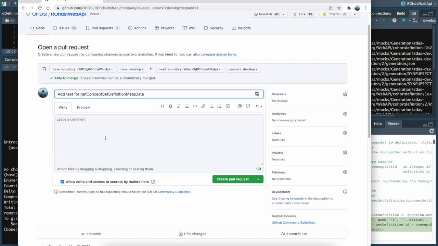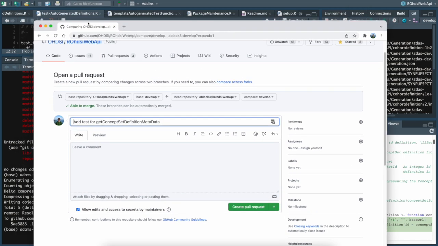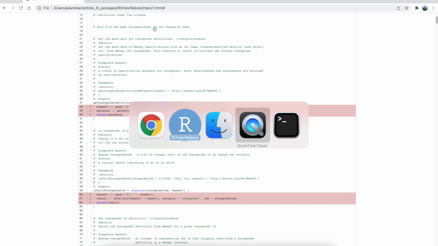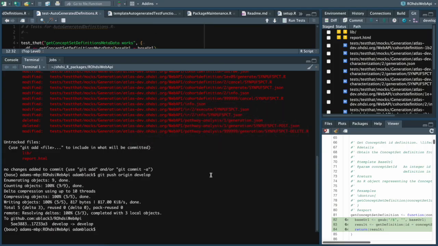If there's a particular issue or something, I can reference that here. But that is the process of creating tests, particularly for the